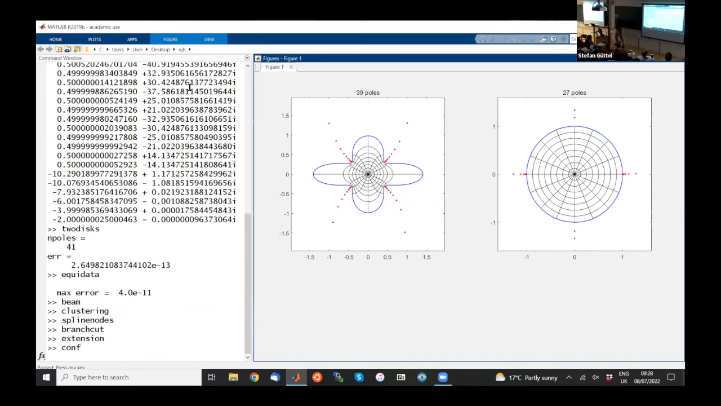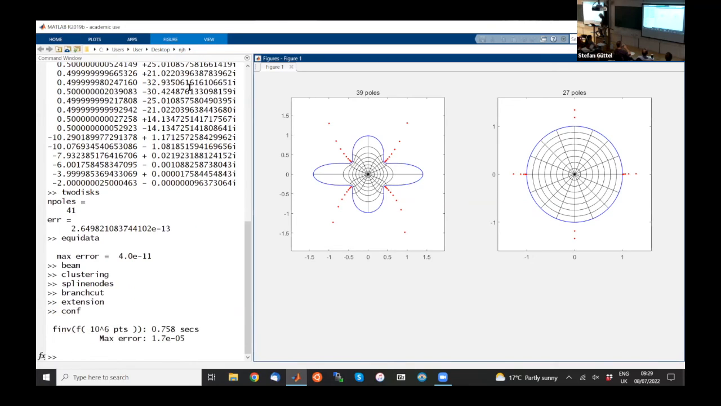And if I press return, so what it's done is it's just mapped 1,000,000 points that way and then back again. So 1,000,000 random points forward and back, or backward and forward. That took less than a second to map 1,000,000 points back and forward, and the maximum error